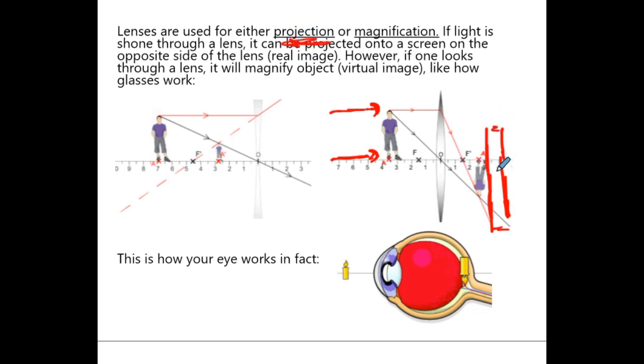This is literally what happens in your eyes, actually. Your eyes recognize light rays coming in. And what ends up happening is they get projected onto the back of your eye, onto your retinas. And then your brain interprets that signal. And one of the cool things is that it actually causes sometimes these pictures to show up upside down. If you didn't know this, your eye interprets everything upside down, and your brain flips it back right side up